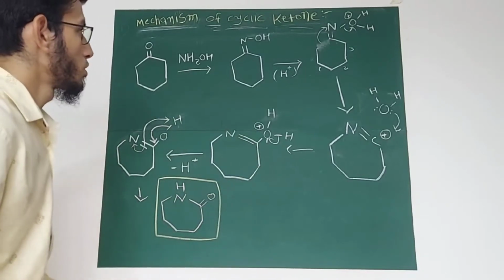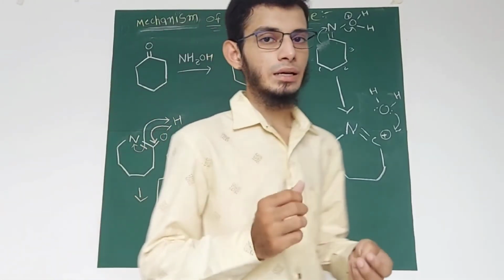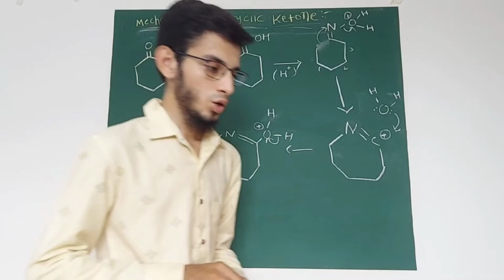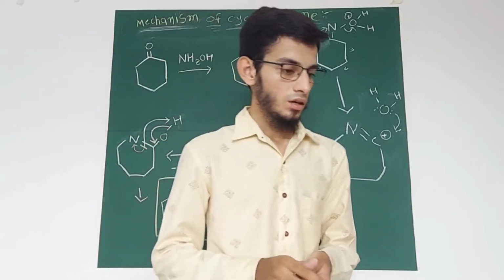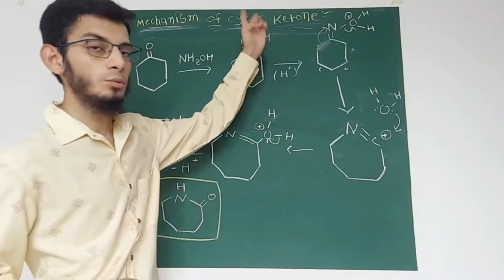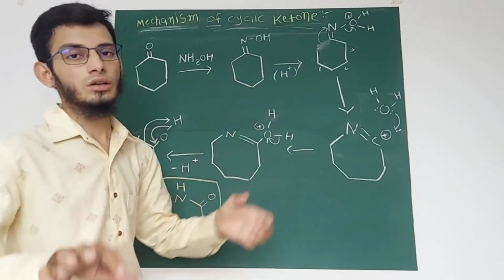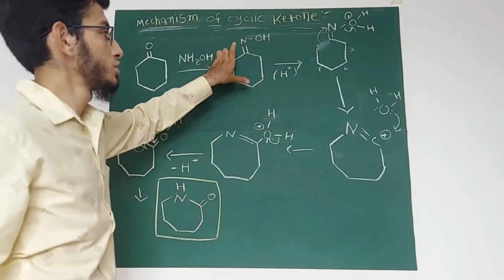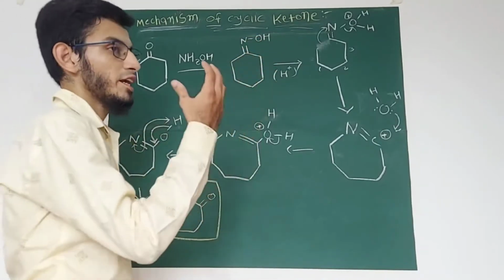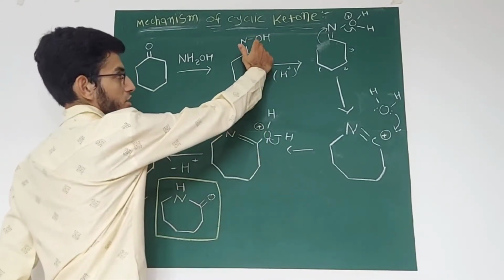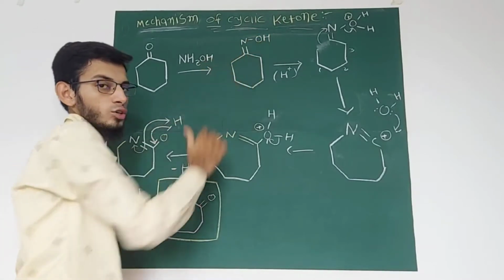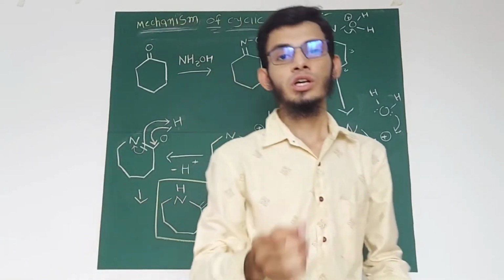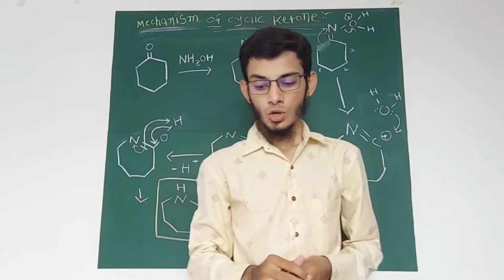Okay, so before going to the examples, I want to give you some information. In Beckmann rearrangement, we know the migratory aptitude. If the leaving group leaves, then migratory aptitude is not the case, because in stereochemistry, the anti group will migrate. Sorry, the group anti to the leaving group will migrate. So the anti-position of the leaving group OH is this, so this bond will migrate. But when stereochemistry is not given, we should know the migratory aptitude. So in Beckmann rearrangement,